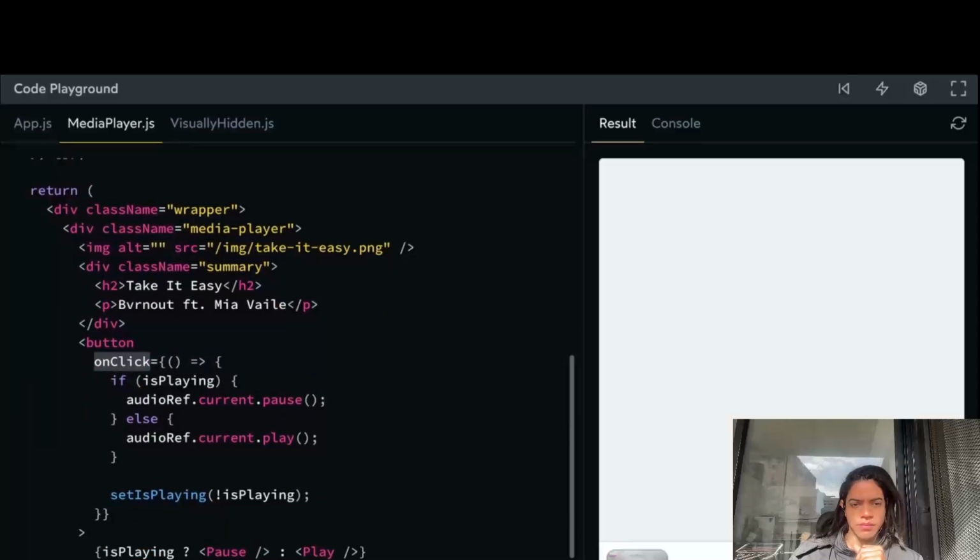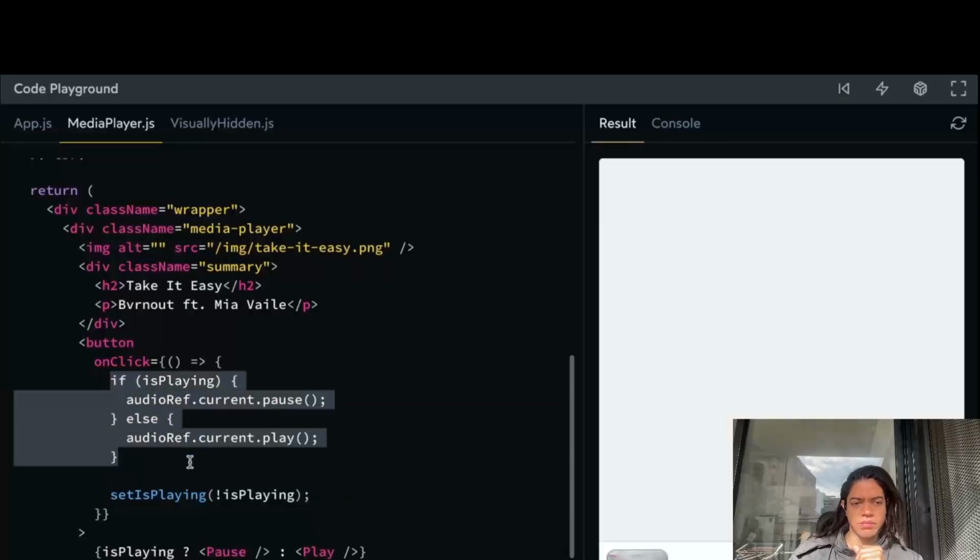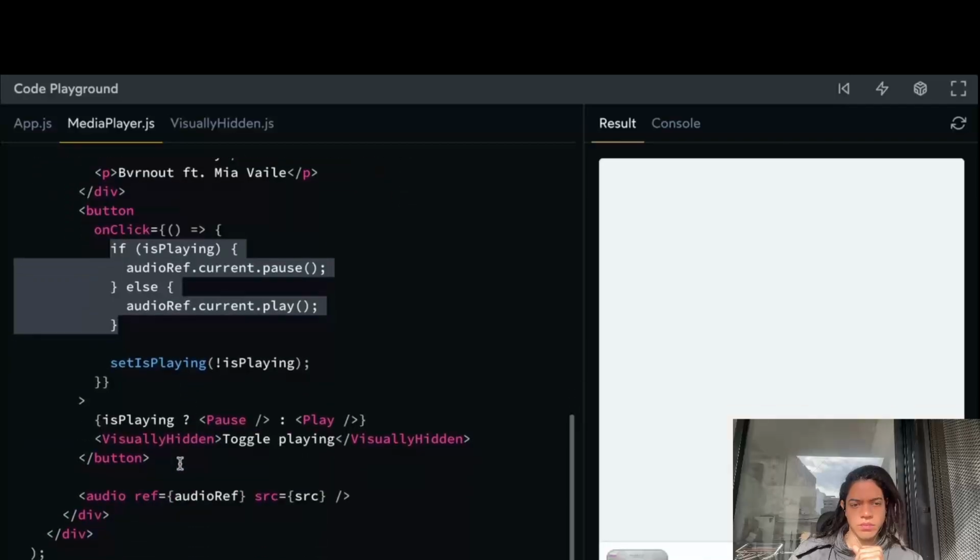I have this button on click and it does work. It starts playing the song when I click the button. But the tricky thing here is that I'm actually doing two separate things, right? One of them is that I'm changing the state variable. I'm flipping it from true to false or from false to true, but I also have to update the audio tag itself. And essentially, the realization here is that there are two separate pieces of state that I need to